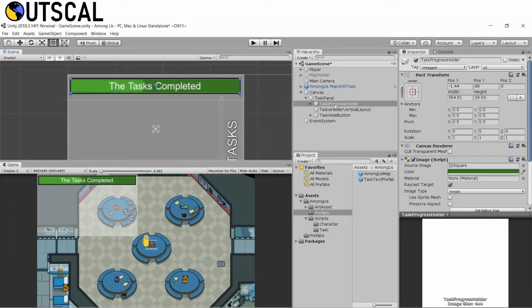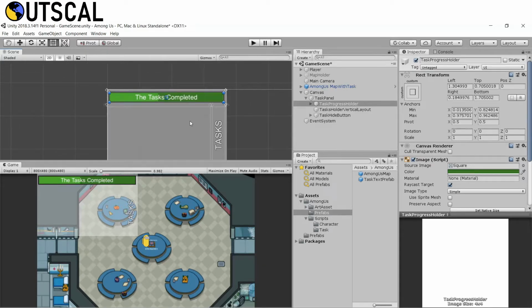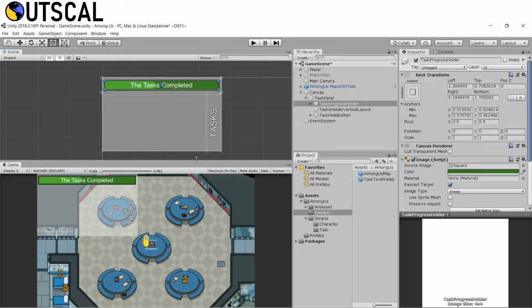Our task progress holder anchors are here, we want them to be here. Now the reason we set the anchors to the edges of whatever UI we have is because we want to make sure that whenever the scale or the resolution of this UI changes depending on the devices, it does not mess up our layout. It should look the same way it is looking in here.